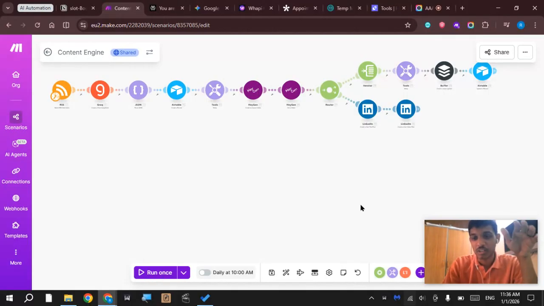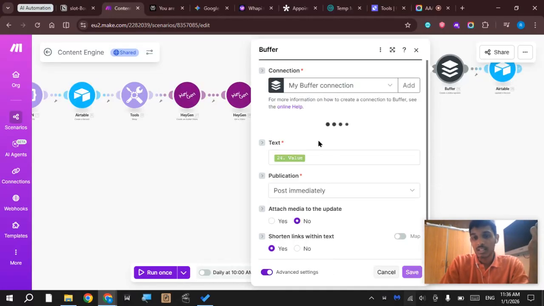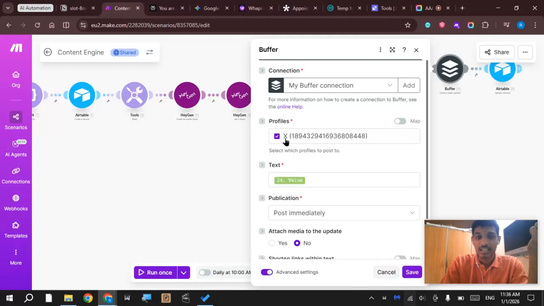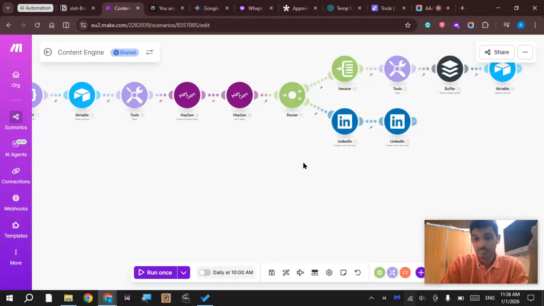So right now I'm just going to teach you about Make automation, which you can use to update and improve your social media accounts. In this automation, I'm going to teach you how to automatically set it up so that the AI keeps filling out and putting posts on your account on your behalf. Here I'm using both Twitter and LinkedIn,